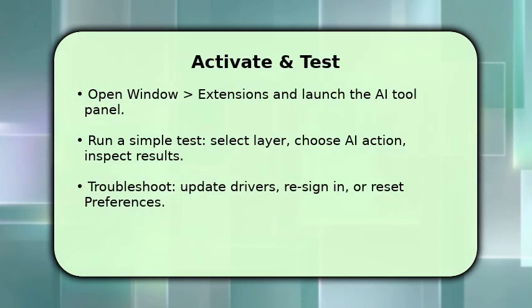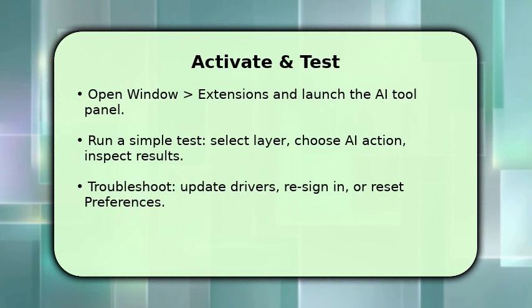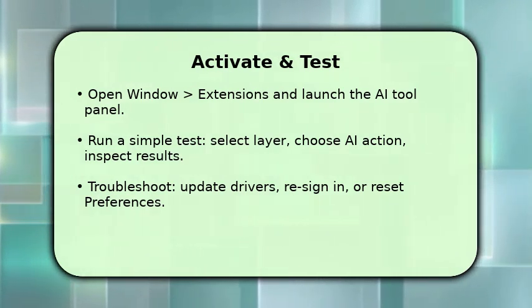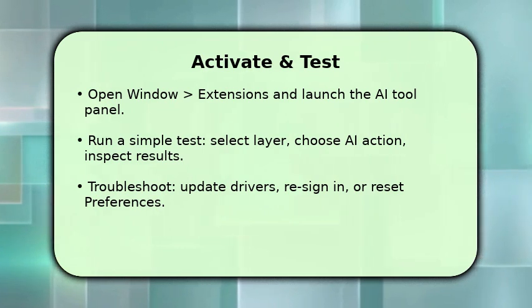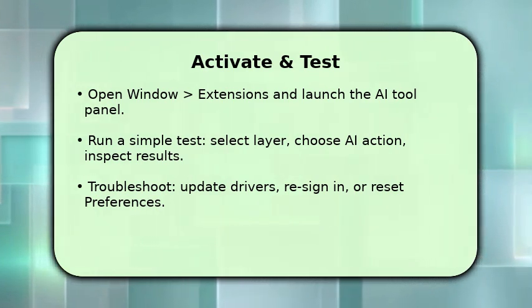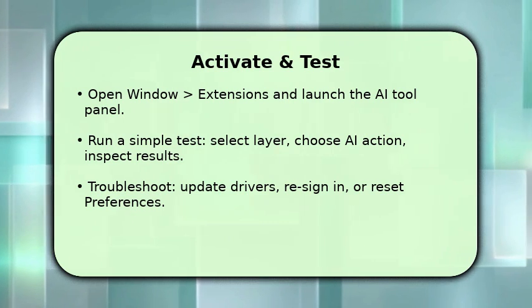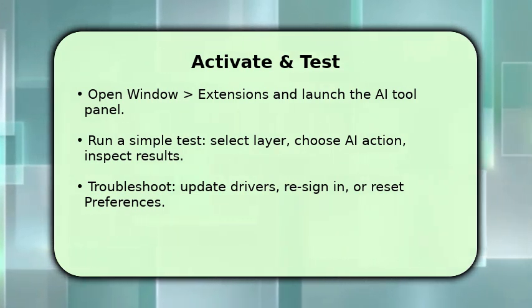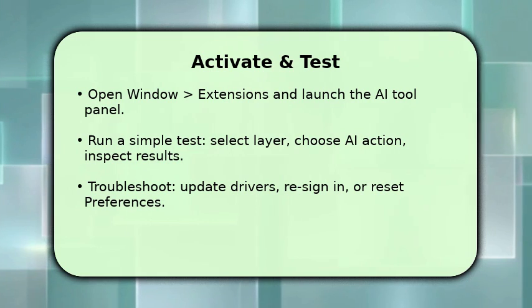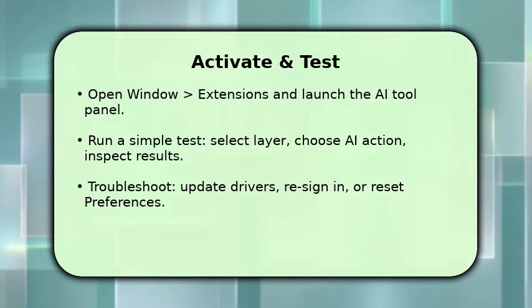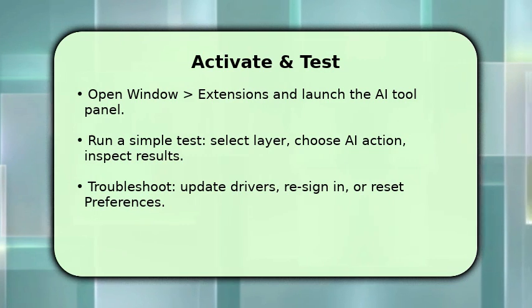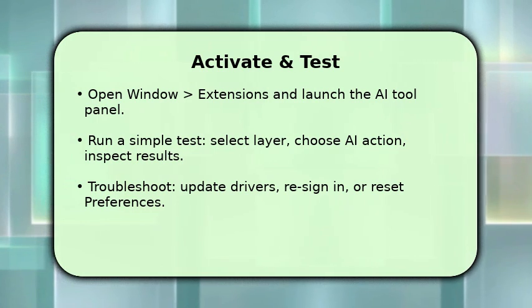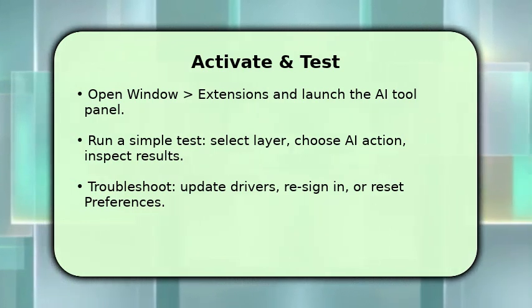Finish by activating and validating the tool so you can work confidently. Open Window Extensions or Plugins and launch the AI tool panel. Sign in if prompted and accept requested permissions. Perform a quick test. Duplicate a layer, select an AI action like Generative Fill, apply it, and evaluate quality and speed. If the tool fails, make sure GPU drivers are current, re-sign into Creative Cloud, or reset preferences to defaults. One key tip: if results look off, clear plugin cache and retry before